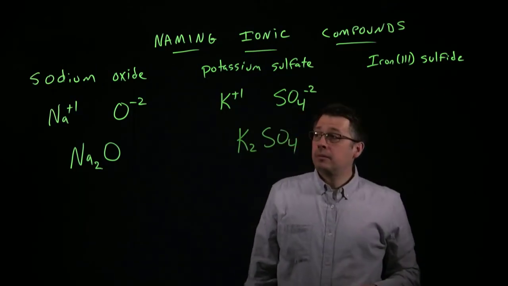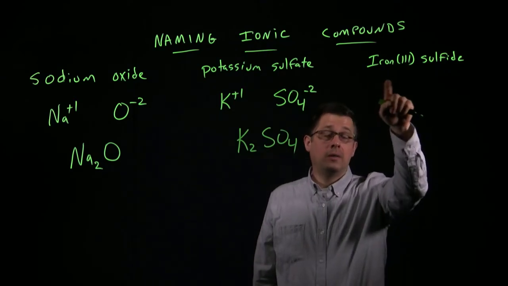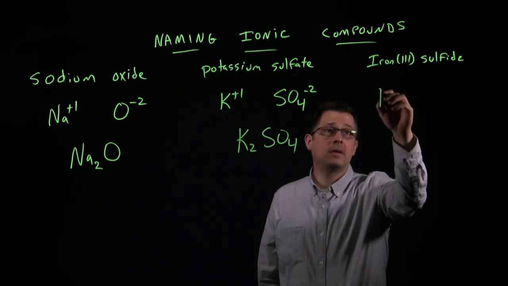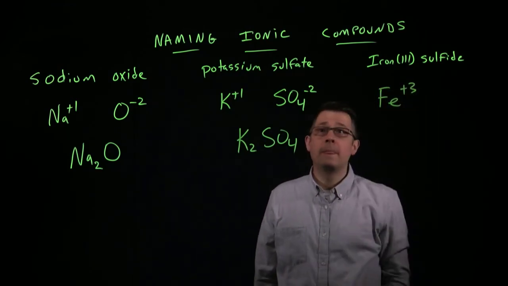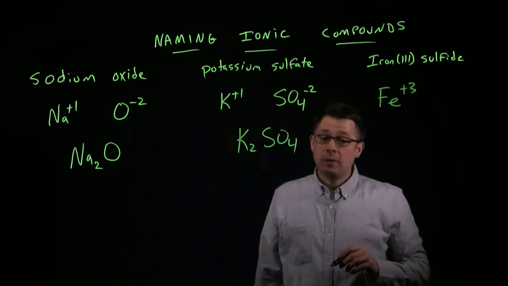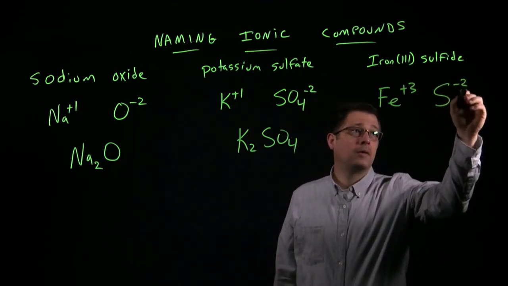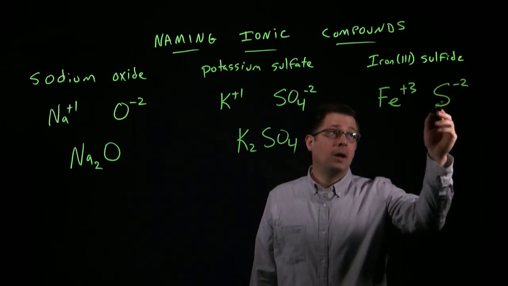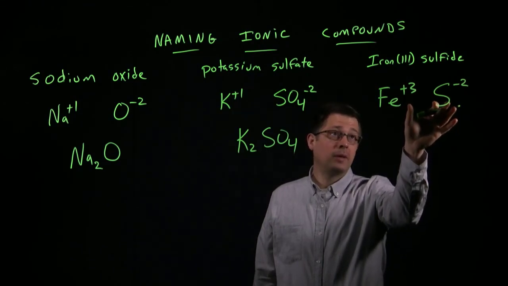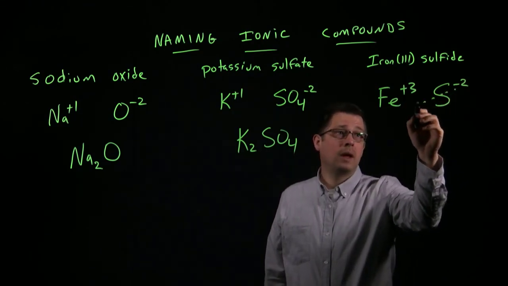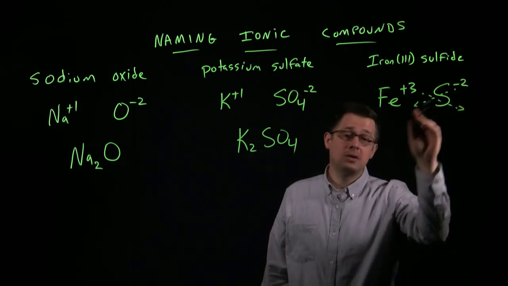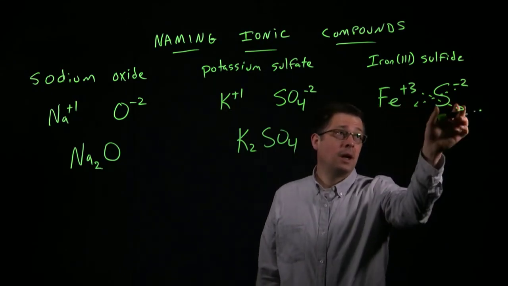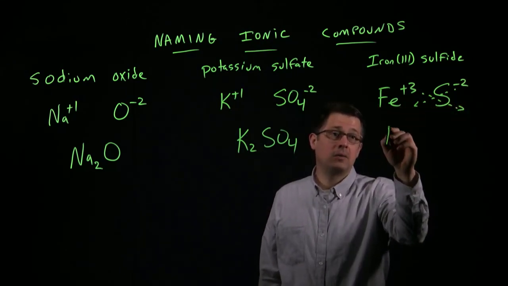The last example has a transition metal of which the name has to provide the charge of it. So when we look at this, this 3 tells us that this is iron +3. The sulfide we can get directly from the periodic table is an S-2. Now, we have to make sure this is neutral too when we put it together. And so we know a common number for these would be 6. You can also use that method where you bring the charges down to figure out how many we need. But again, we need 2 of these to make 6 and 3 of these to make -6 to make it neutral. So we'd have